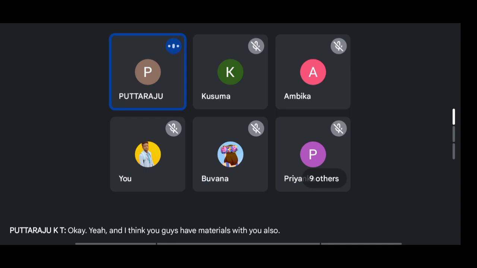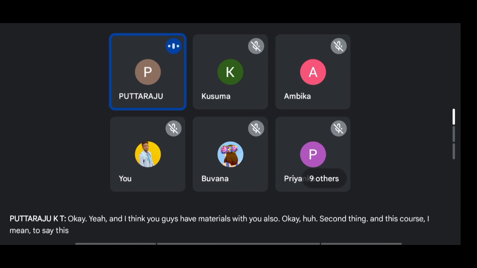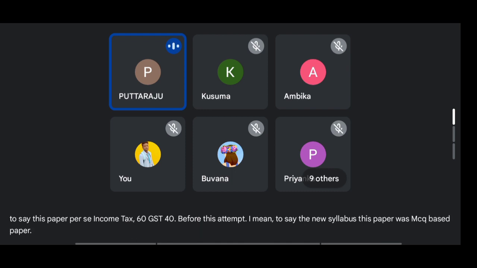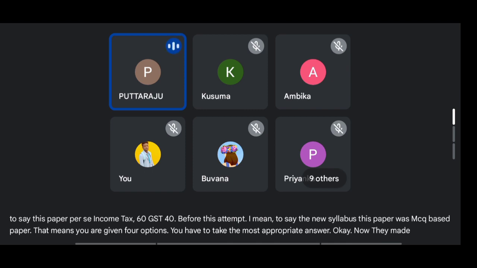Yes, sir. Second thing, in this paper per se, income tax is 60, GST is 40. Before this attempt, I mean to say the new syllabus, this paper was MCQ based. That means you were given 4 options. You have to tick the most appropriate answer. Now they made it partially MCQ,